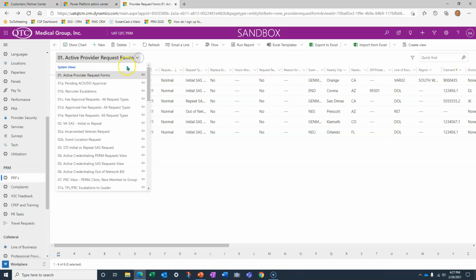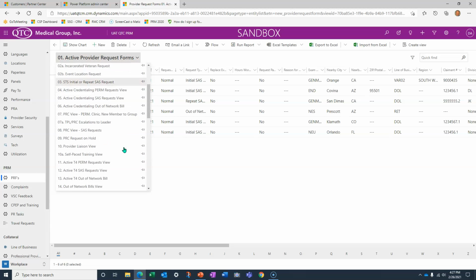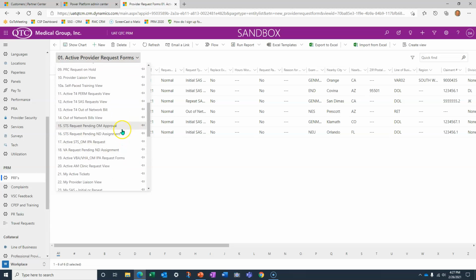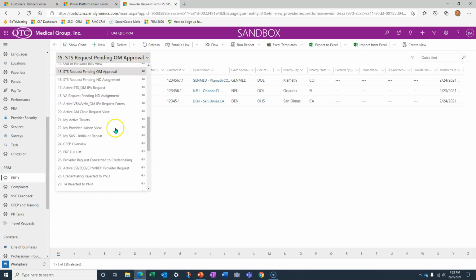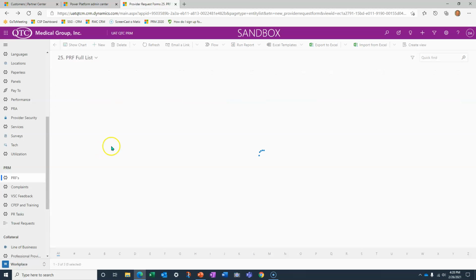And we have it on all of the other views that you requested. View number 3, the STS initial or repeat SAS request. View number 15, STS request pending OM. You can see claimant number. And then on view 25 and 26, the PRF full list view,